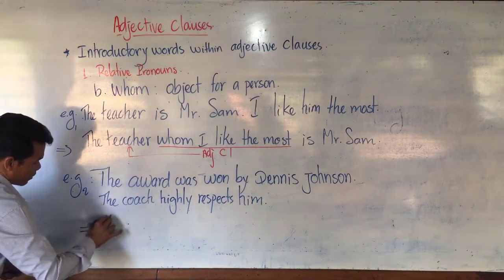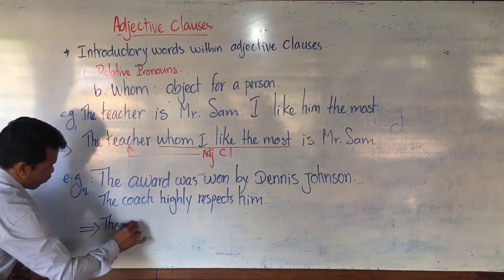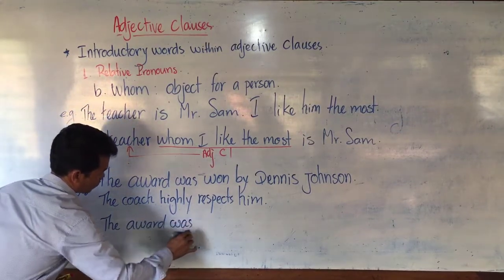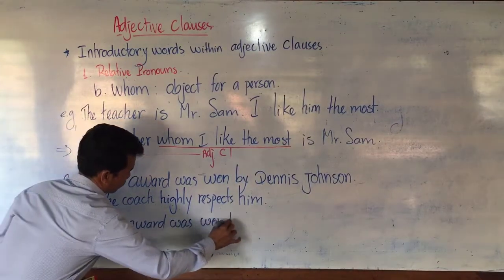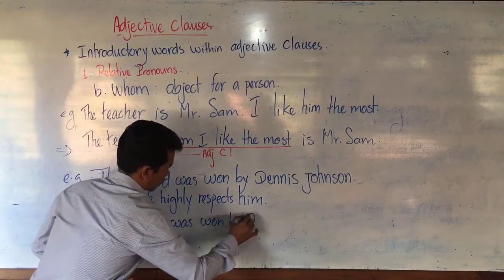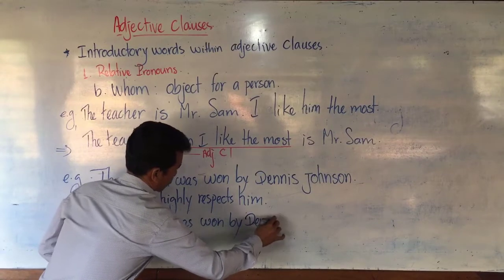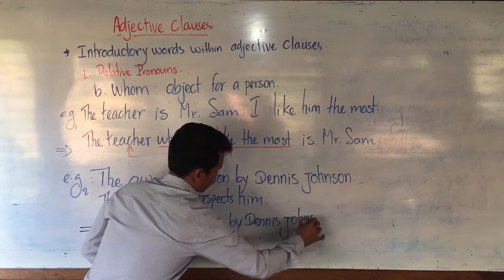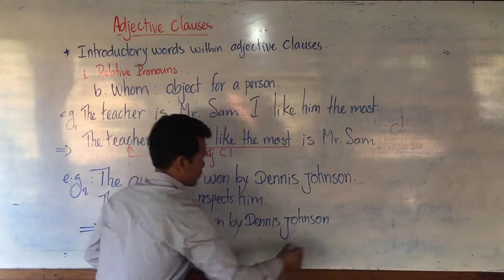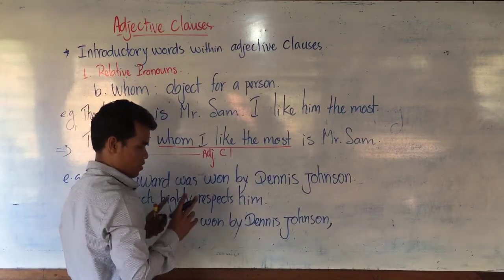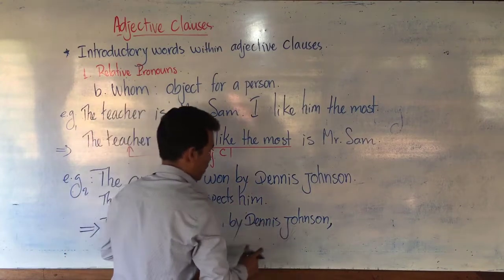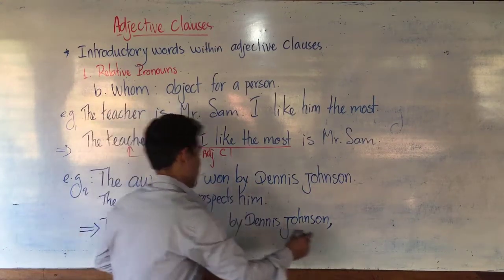We can write: the award was won by Dennis Johnson. Dennis Johnson is a proper noun. That's why this adjective clause is a non-defining relative clause, and we use it with a comma. Him by whom